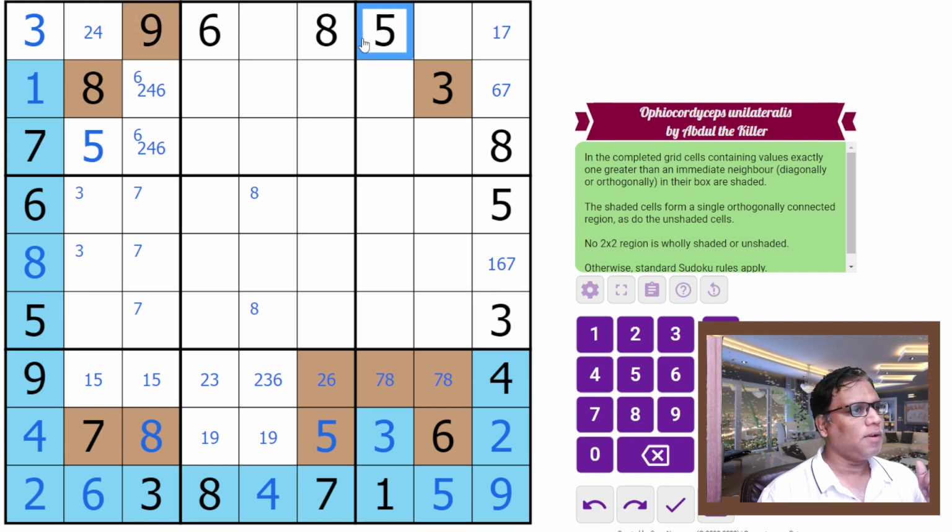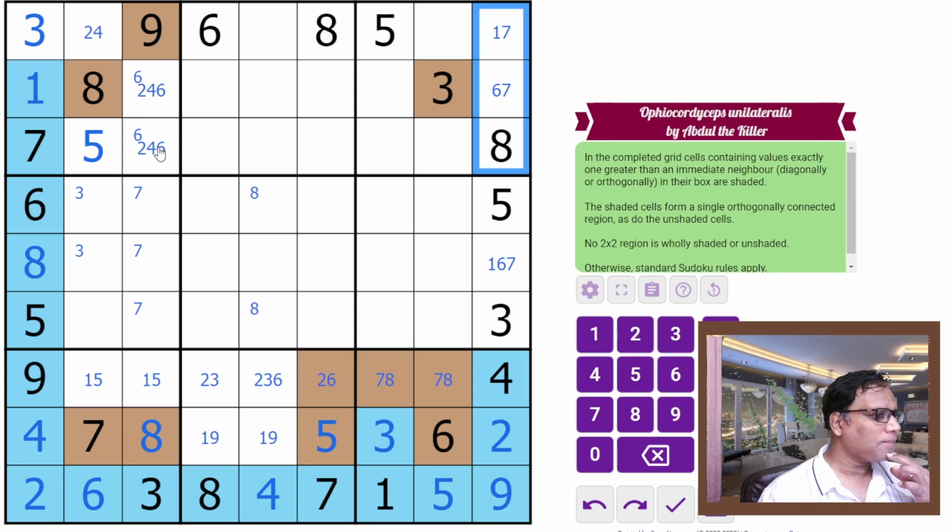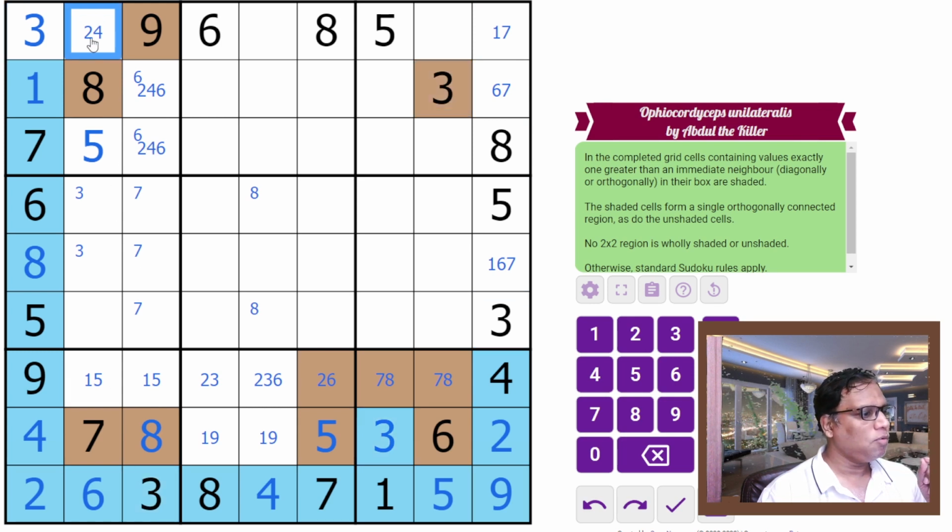So 5, right? Where could 6 be now? So we have got most of this, right? So it may help somewhere here or here. So 4 is not here. 4 is still a problem. Is anything helping here? Any 2, 4, 2, 4, 6, 2, 4, 6. 6, 6 is here. 2, 4. No. These are